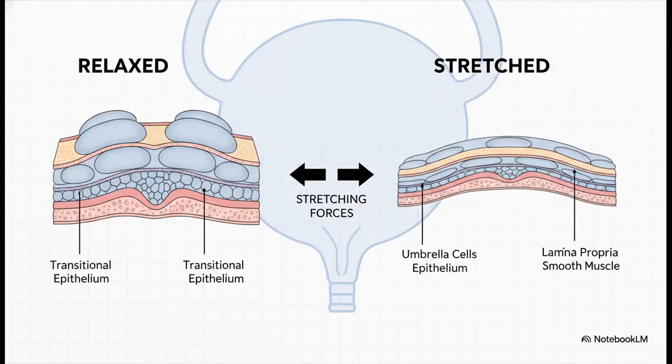And for an example of a truly dynamic tissue, look no farther than transitional epithelium. This is what lines your bladder, and it is a master of disguise. When your bladder's empty, the cells on the surface are all plump and cube-like. But as it fills up with fluid, those same cells stretch out and flatten like pancakes. It's an incredible design that lets the organ expand dramatically without tearing.